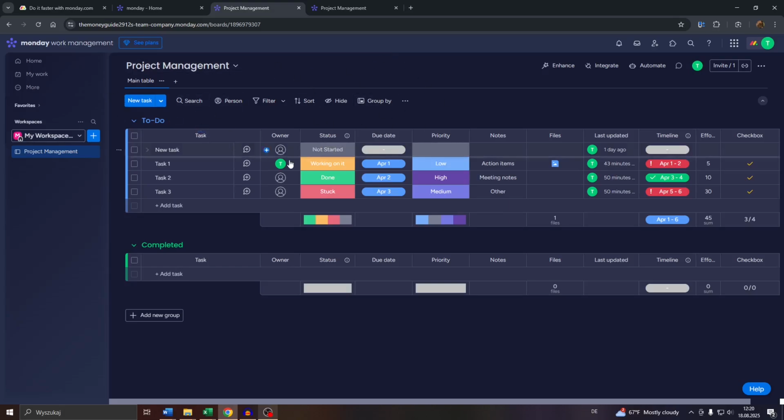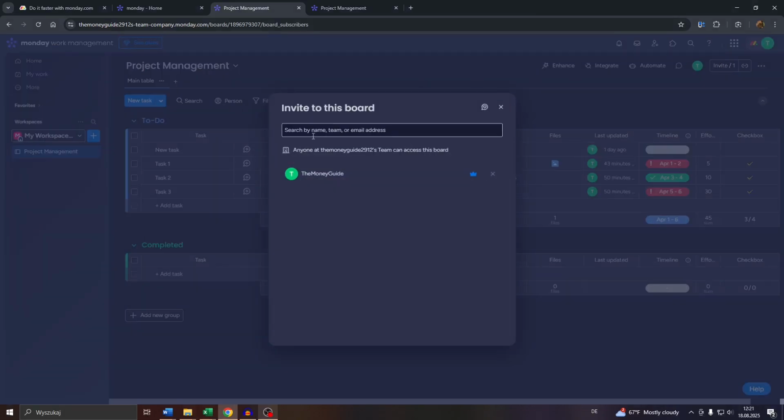If they're externals, for example, and haven't signed up on monday.com yet, they will receive that invitation link via email, for example, or direct messaging services, and get asked to sign up on monday.com for an account to join your board directly. You may also use that invite button here and simply send an invitation via email, for example, by